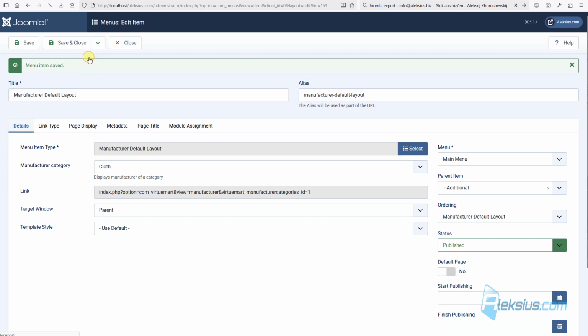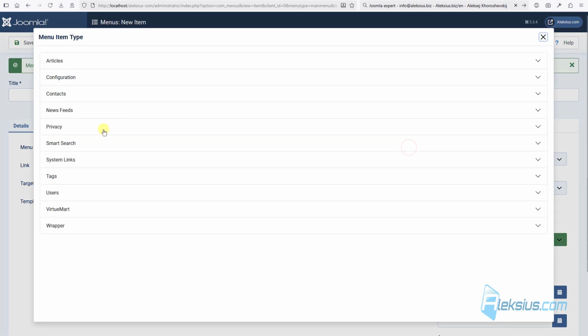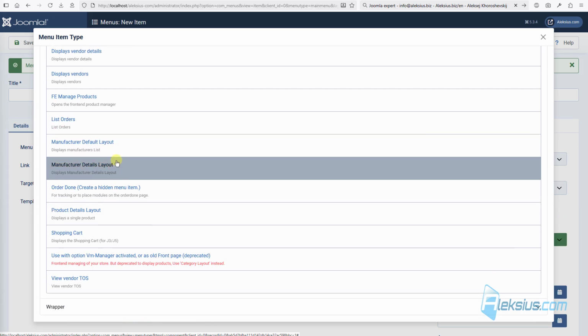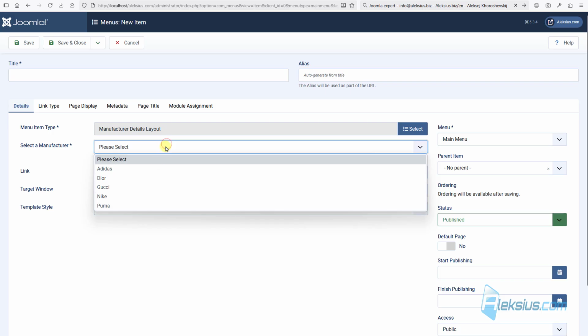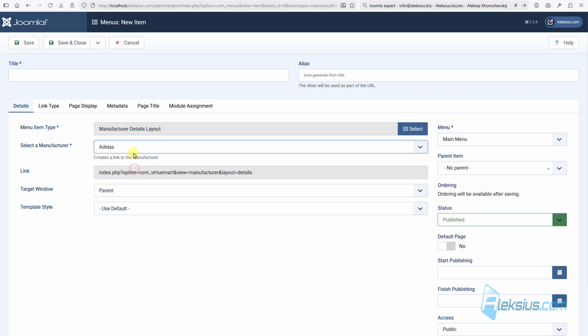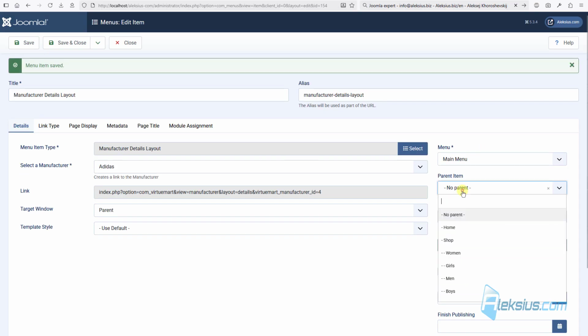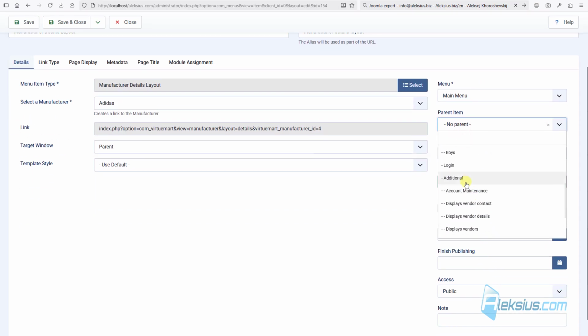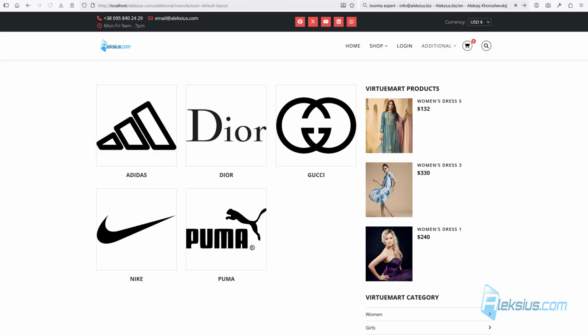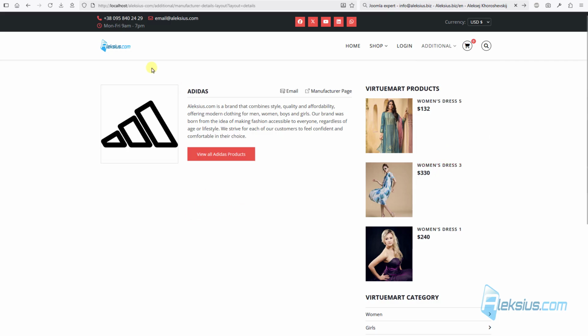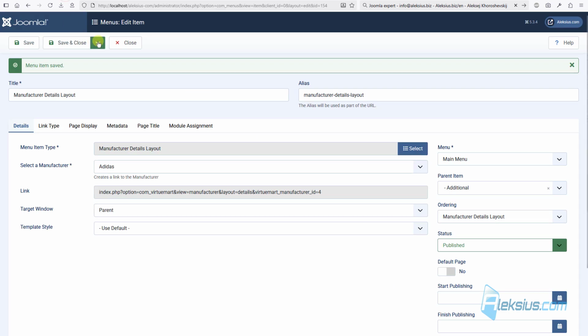The next menu item, manufacturer details layout. Now select some manufacturer. Updating the page and we can see Adidas. The next menu item